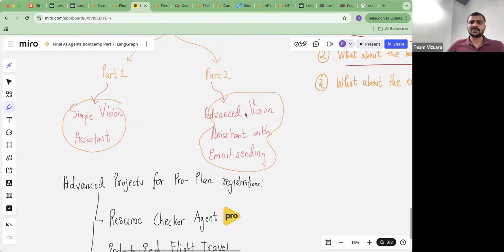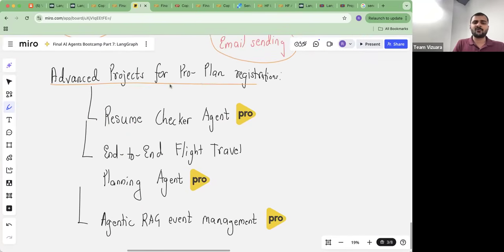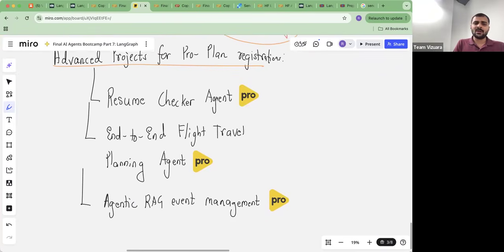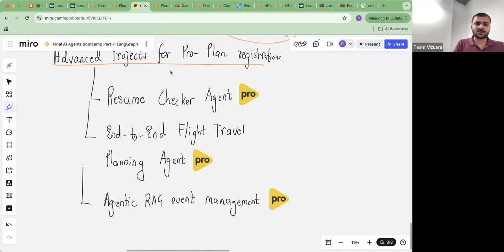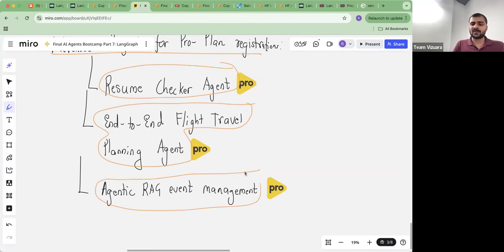Now, since the LangGraph lecture is over, there are some advanced projects which I will add for pro plan registered people. There are three advanced projects. One is the resume checker agent, one is the end-to-end flight travel planning agent, which I've constructed through LangGraph, and the third is agentic RAG event management. These projects I have finalized, and I'm making a private GitHub repository which will be accessible to people on the